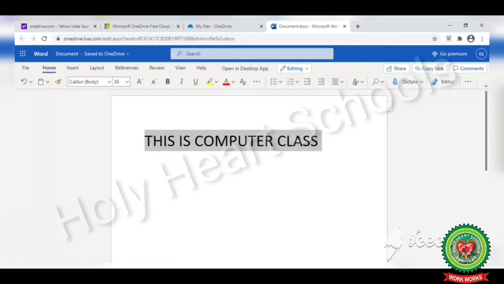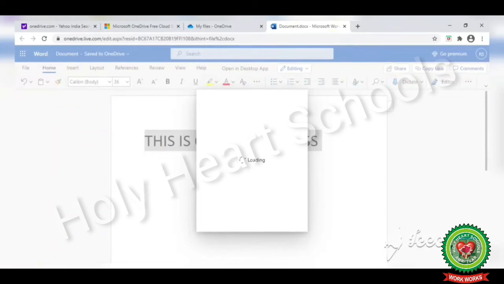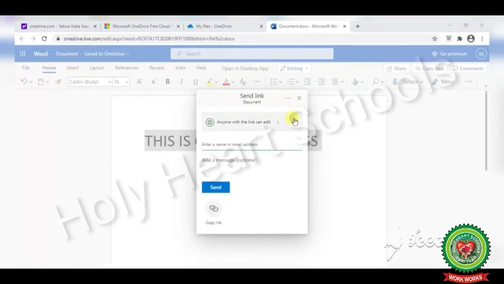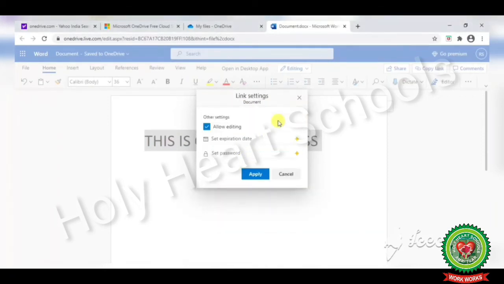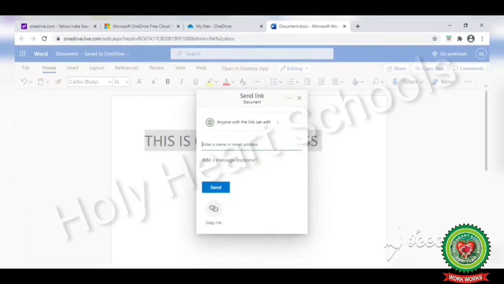After creating the document, our next step is to share the file. And how can we share that? Let's see. Click on the share button. Here we have the share button. After clicking on share button, you will get this dialog box. From here, you can send with two options, like through email or by clicking on link. If you click on link button, then it will open further options. Then click on apply. If you select email, then here you have to enter the email address to whom you want to send this document.